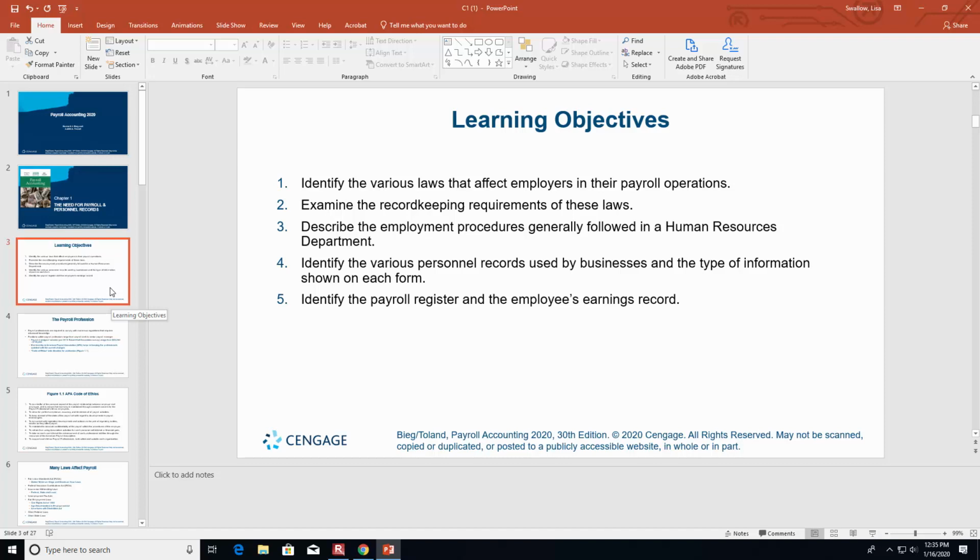How many pieces of unemployment tax legislation were there? 2. Anybody remember what they're called? FUTA and SUTA, right? Federal unemployment, state unemployment. What rough era were all of these acts passed in? This is going all the way back to the New Deal, the 30s. I think it was passed in 38 as part of FDR's New Deal, right?